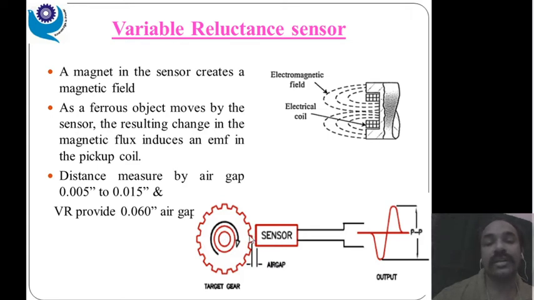When the air gap increases, that is, when the distance between the sensor and the rotor increases, less EMF is generated. Distance matters a lot. When the rotor is very near the sensor, proper coupling is done, proper cutting of the flux happens, and we get proper EMF. That's why distance matters a lot in this one. There are a wide variety of applications of this sensor, and without any power supply we can operate it. That is one more advantage.